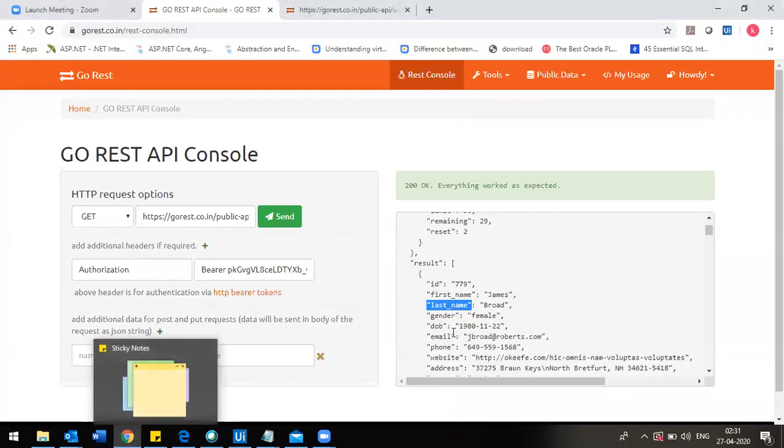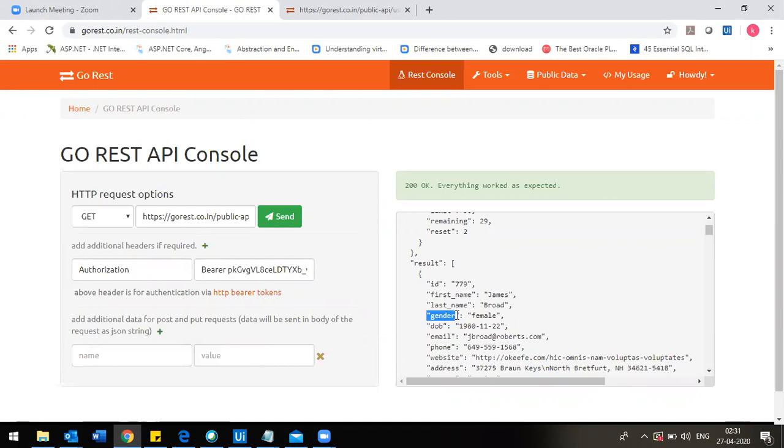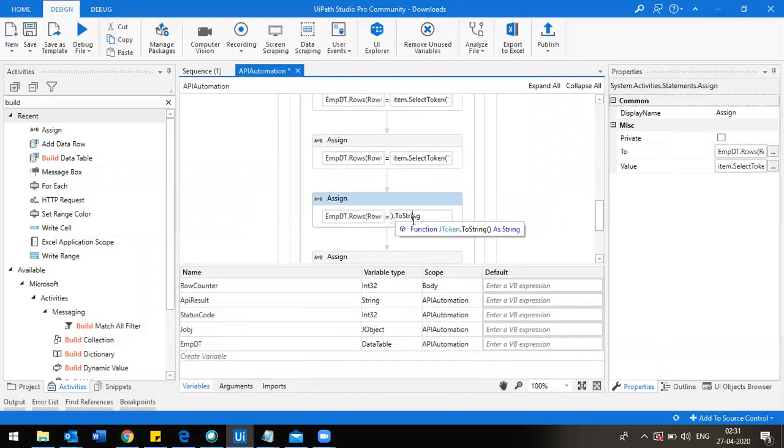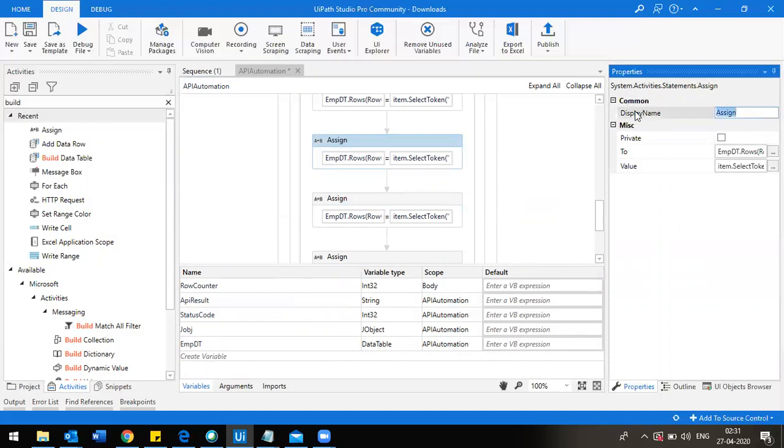Okay. Similar way for gender. So change the default display name to set last name.